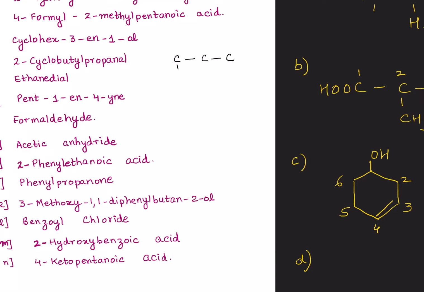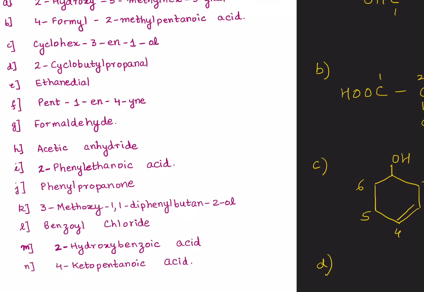So if I number this as 1, 2 and 3, and I've got an aldehyde group, so CHO obviously at the first position. At the second position, I have a cyclobutyl group. Cyclobutyl propanol, and the rest you have to complete the hydrogen here. I'm sure you can do that. Go ahead, complete it. So we will have a hydrogen attached here. Did you get it right? By the way, we are on smiley number 4 now. Good going so far.